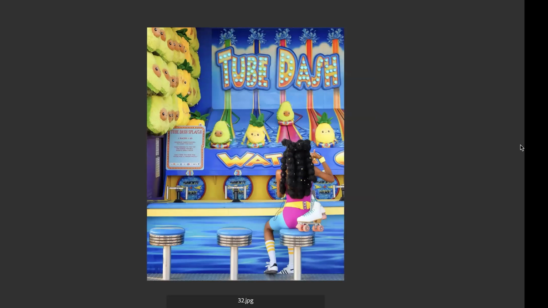The figure. This is delicious. Makes me want to go to Coney Island. And she's so perfect, and her outfit's so perfect, and the stripes of the socks with the stripes of the arcade sign, and you move all around. An A. It's just like you just want to eat it up.